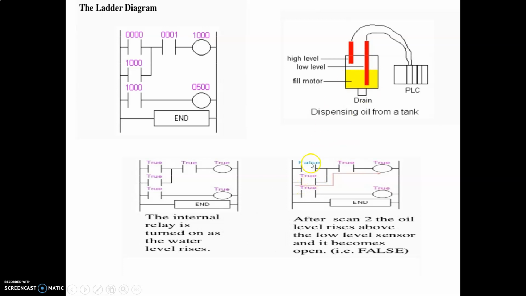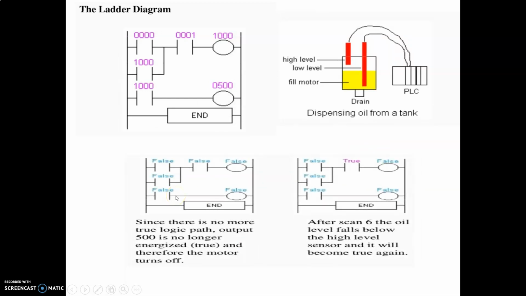If you look at the previous case, as this relay coil becomes true here, it also activates this switch here. So the connection is flowing not only along this line, but also moving along this line. So even if this gets false here, the supply is being made through this coil. So we get a continuous supply here, and if this coil is true, this will also be true, and hence our motor will also run. So in this case, even if this thing turns off, our motor is still running.